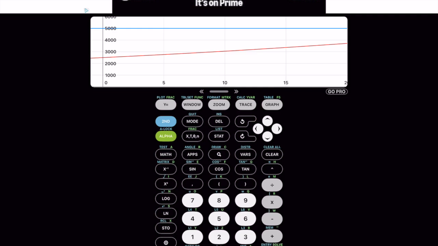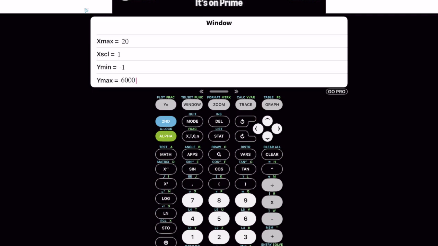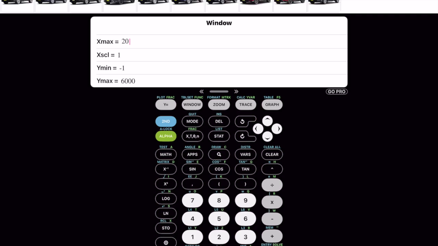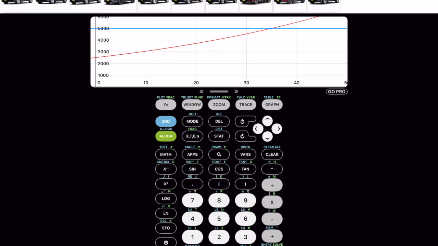So what that means is that my guess at time, my x maximum, is not a good guess because somewhere over to the right it's intersecting and it's still not in my window. So I'm going to go back to my window and look at my x direction, and I guessed 20. Now I'm going to guess 50 just to see. And then I hit graph. The actual TI graphing calculators will take longer to do these graphs. They're not instantaneous, but you can see. Okay, so now you can see that they are intersecting, and you see that intersection in the window of the